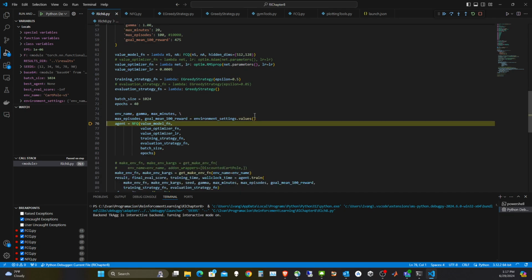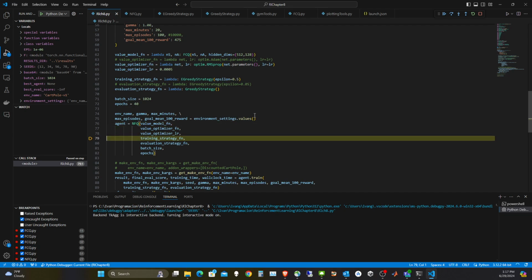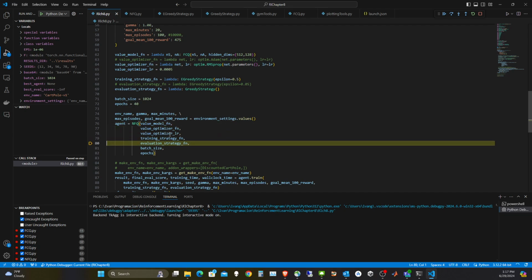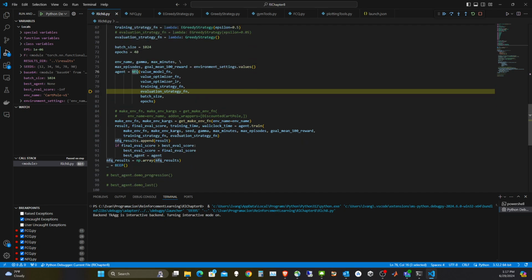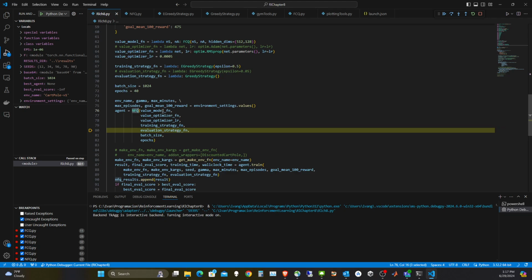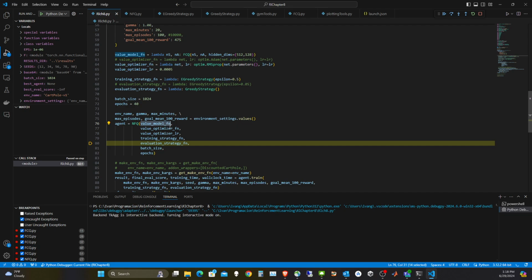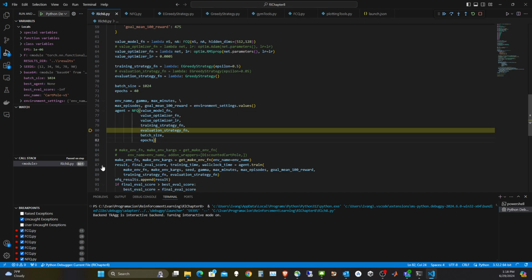Now we're going to create the NFQ agent. We pass the training strategy and the evaluation strategy. This is going to provide our training as well, I think. Yeah, it's going to provide all the training inside of it. So we have the deep neural network model, we have the optimizer and the learning rate, which is just a scalar, and the scalars of the batch size and the epochs. So let's put a breakpoint here,